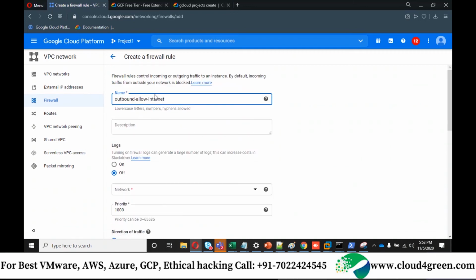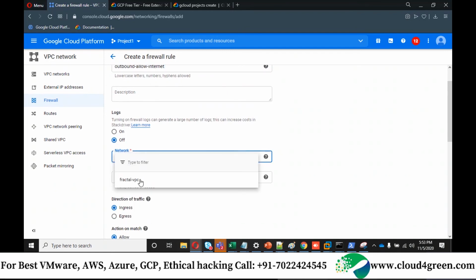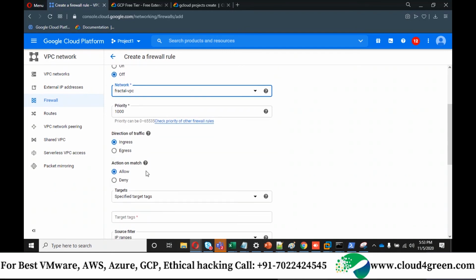Okay, I mentioned like allow internet, and I don't want any logs to be on. Network entire VPC, priority 1000. See, egress priority and ingress priority are two different priorities. Earlier you would have noted I have mentioned for ingress 1000, and now I'm going to set it for egress 1000. Egress means outgoing.